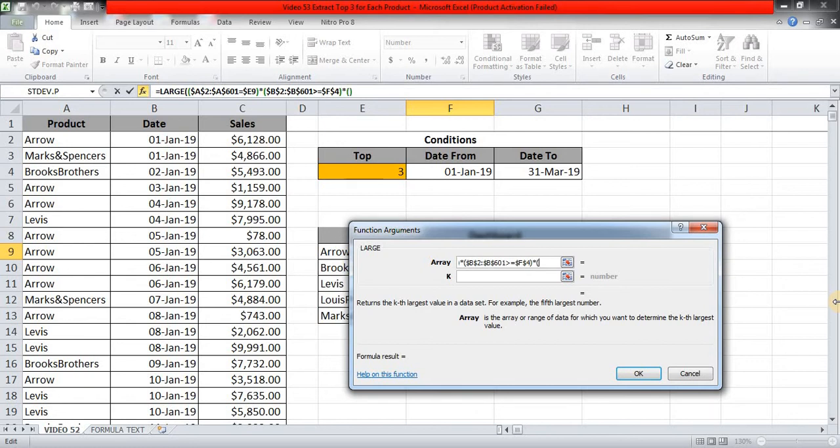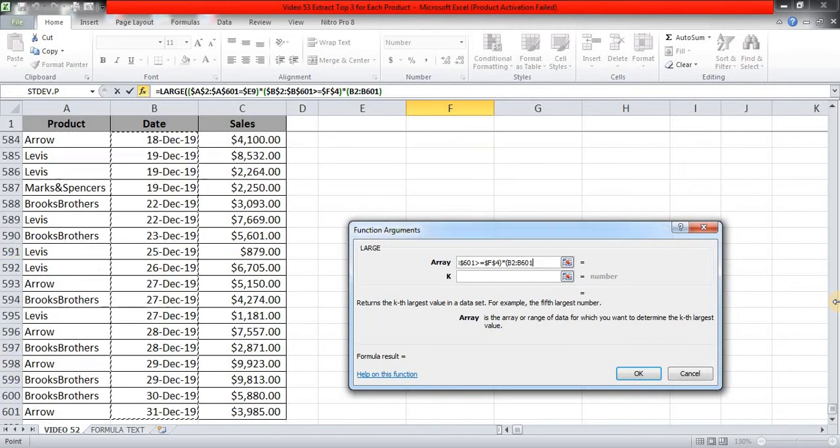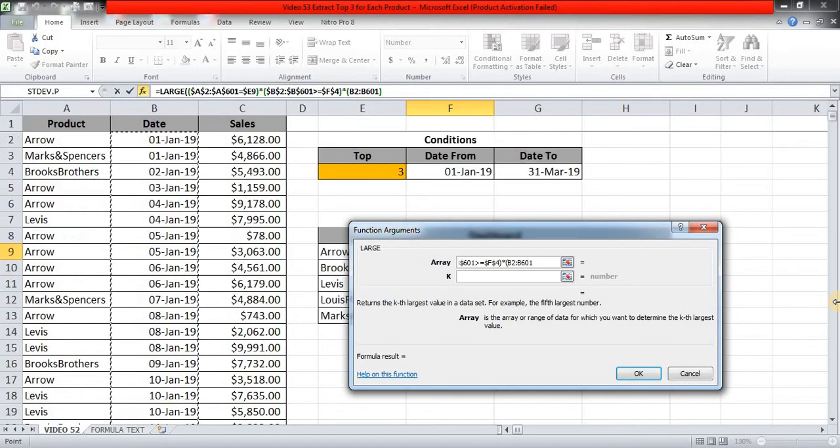Now my third condition is again an asterisk. Again I am opening the parenthesis, again F2. We will select the same date range, Control Backspace to jump to the first cell, F4 to lock this, and how many of you are less than or equal to?